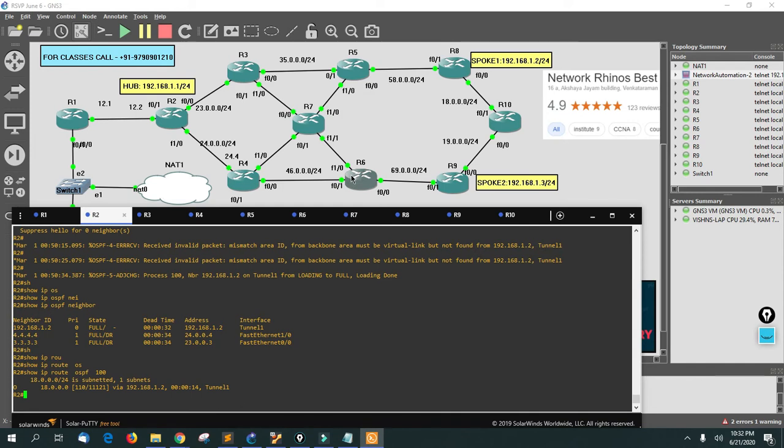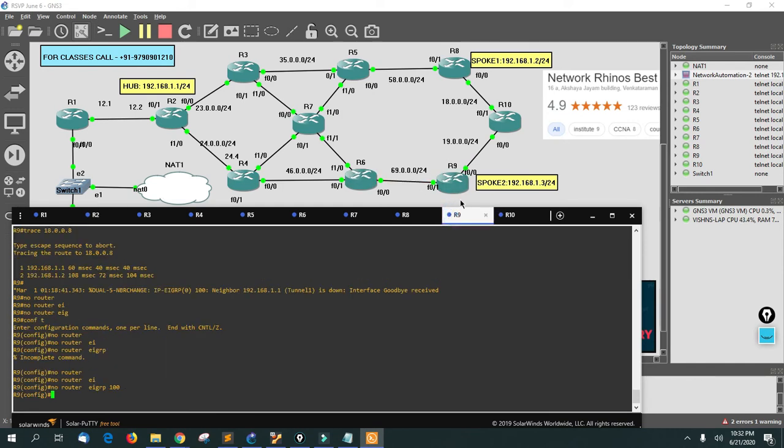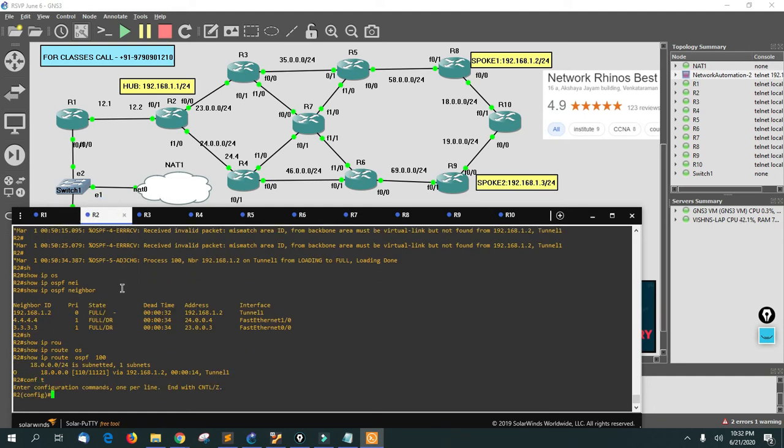If I want to configure R9 for OSPF, that's going to be a problem, because my tunnel interface on R2 is point-to-point, and here we are going to configure two devices to form neighborship with the tunnel interface, which is point-to-point. That's why we have to move it to point-to-multipoint. So let's do that first before configuring it.